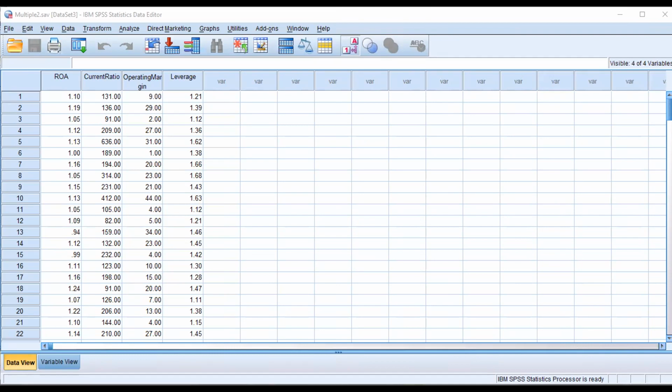And after that, here is the correlation between these two variables. The correlation is Pearson correlation, sales and price. Here the significance is 0.001.